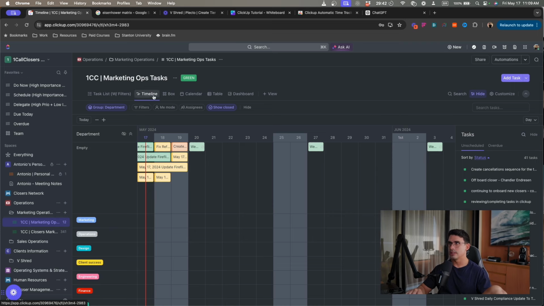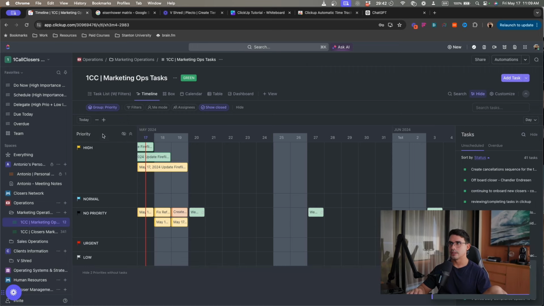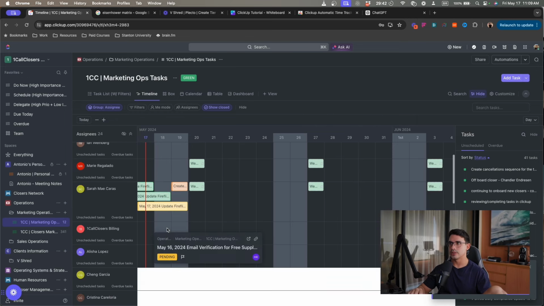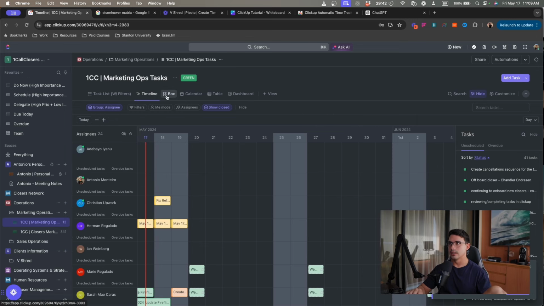And then you can customize your groups over here. So if you want to group by priority, high priority, normal priority, etc. If you want to group by assignee, which person is executing on which task, you can just modify this here.